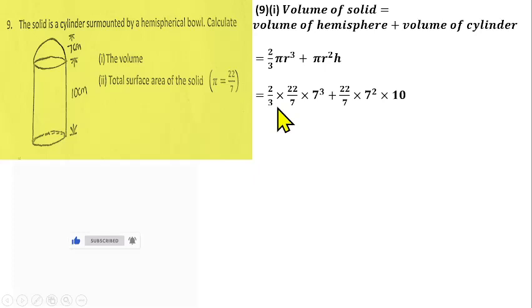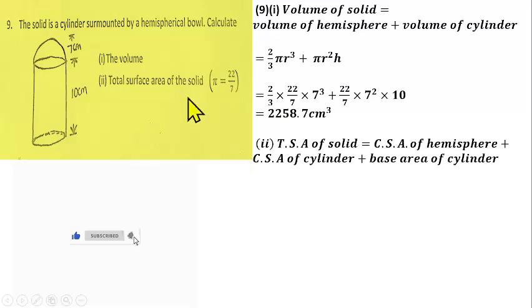So you have 2 over 3 times 22 over 7 times pi times 7 cubed plus 22 over 7 times 7 squared multiplied by the height of the cylinder, which is 10. If you simplify this further, we have 2258.7 centimeters cubed. Then the total surface area of the solid will be the curved surface area of the hemisphere